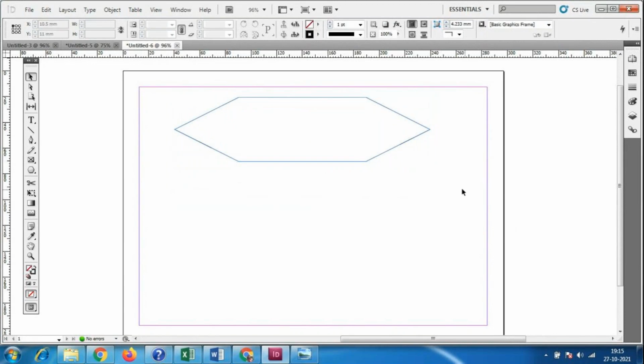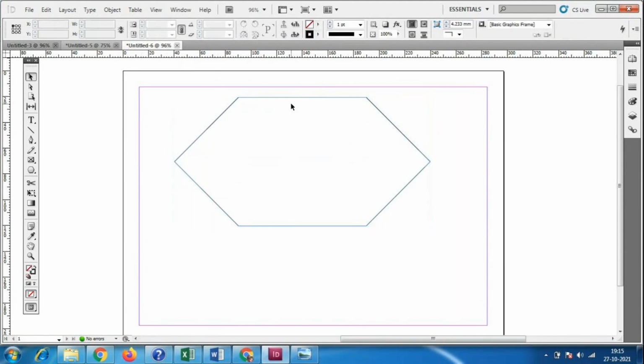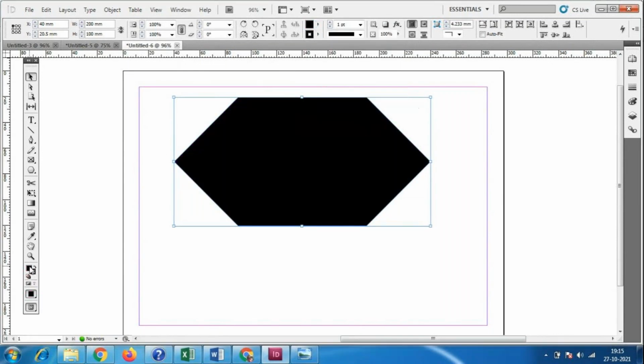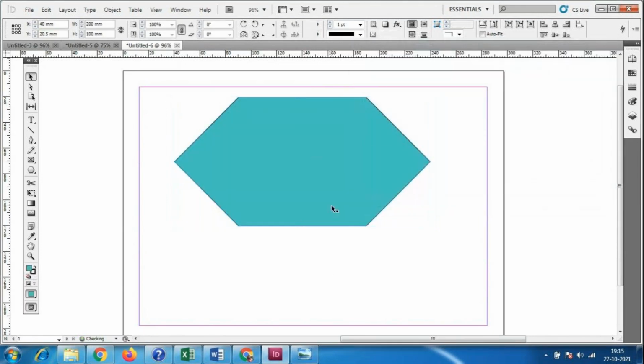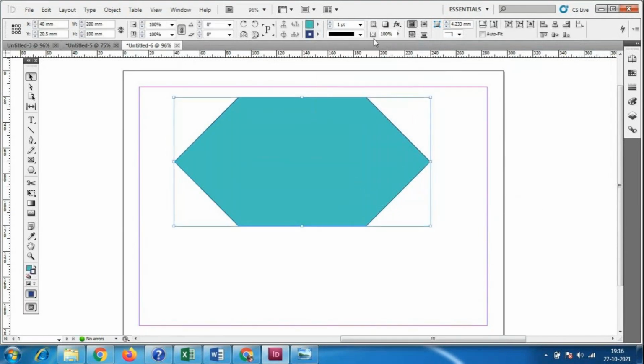So I will select like this, and whatever sizes we want, according to that we have to give the sizes like this. So width and height, and we can change the color. Otherwise I'll go here, and whatever colors we want, I'll select the color, and we have outline colors. This is the outline color, and the borders will be there.